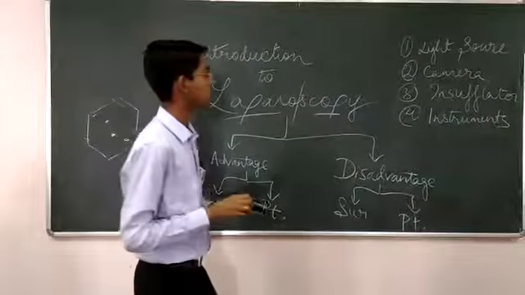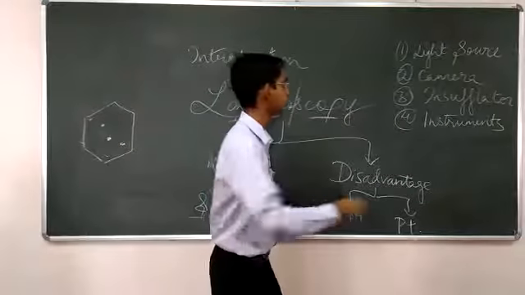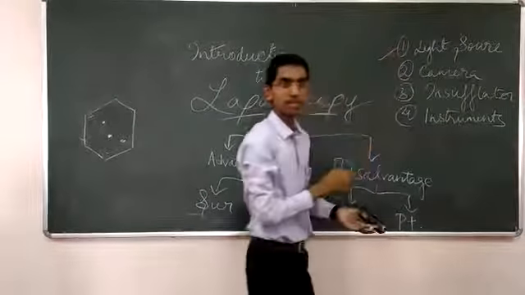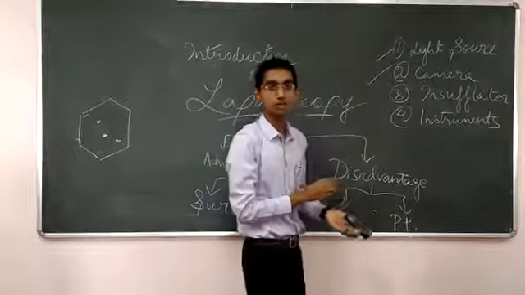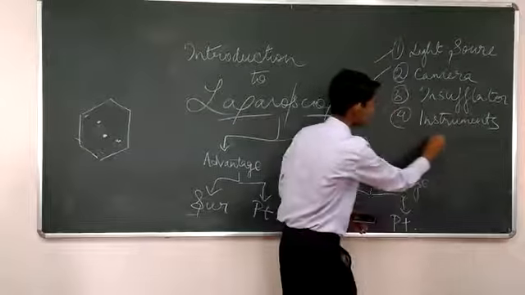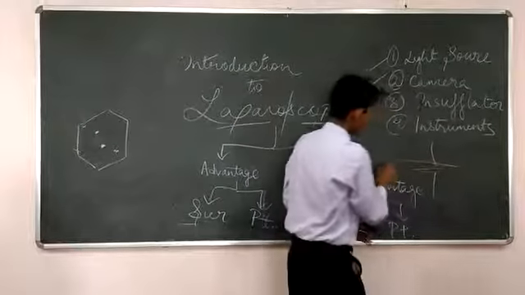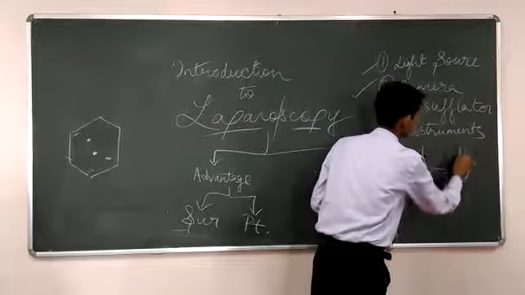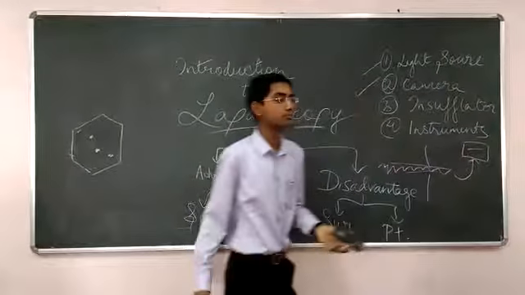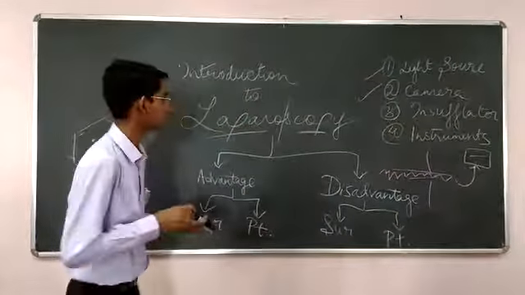Now, to conduct a laparoscopic procedure, we may have a few extra requirements. One being a light source, white light more commonly taken, a specific camera which works on the principle of total internal reflection, wherein, supposing this is within the body, through total internal reflection, the signal is transmitted to a screen where the surgeon can visualize whatever procedure he wants to do and conduct it.